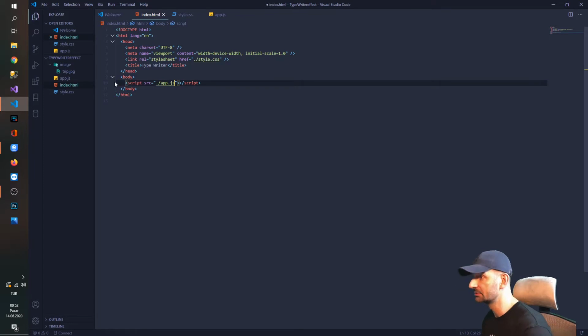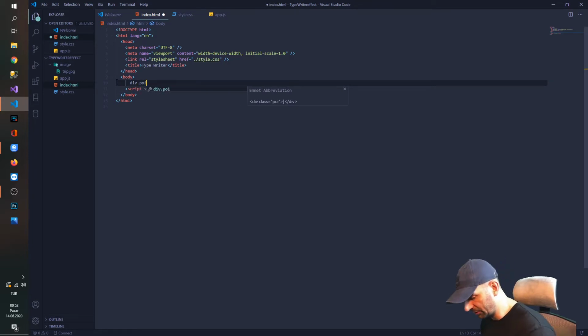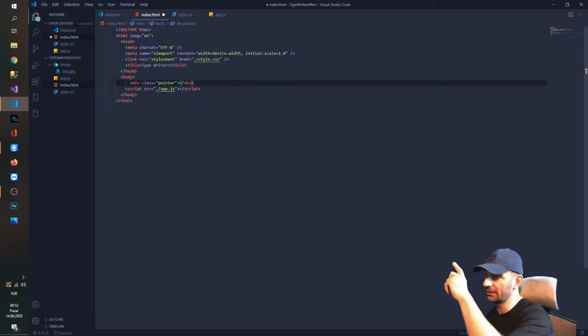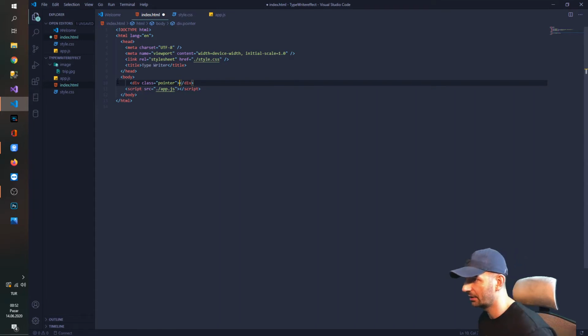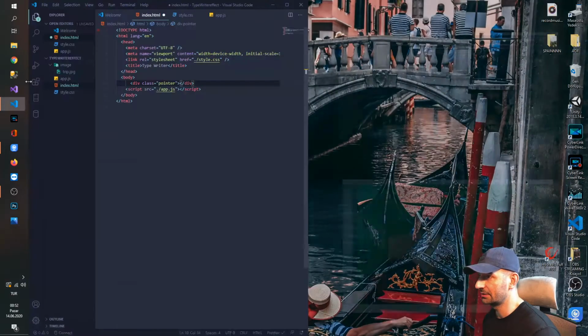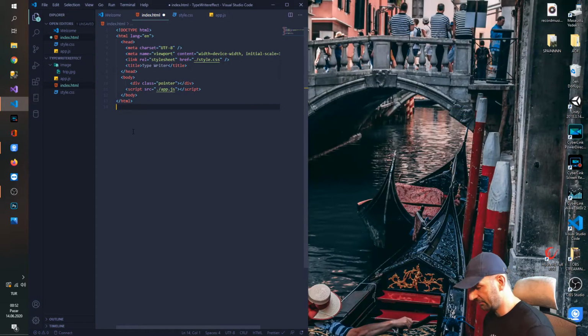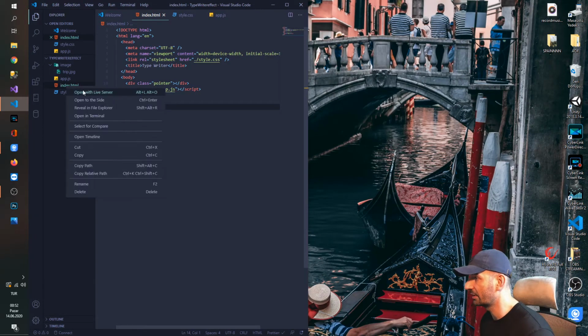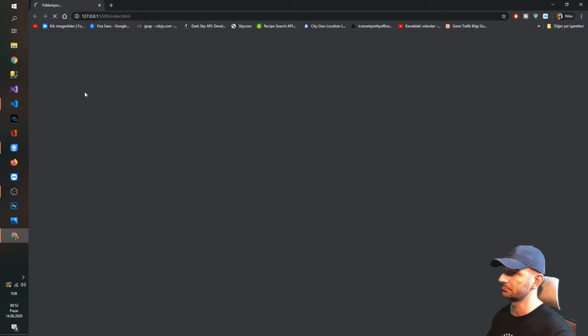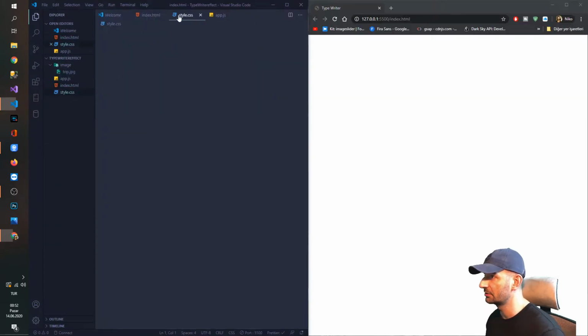that's perfect, great. And here I'm gonna put a div with a class name of pointer, which is gonna be our pointer, and blink on the screen and write letter by letter and create the kind of typewriter effect. Press save, open it with the live server here and see what we are doing. Go to our